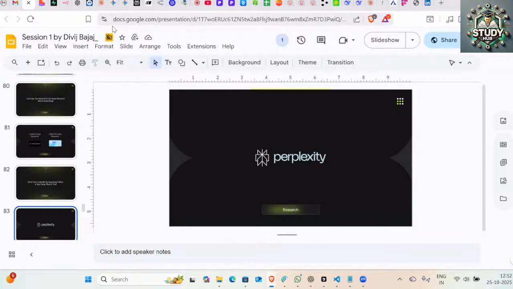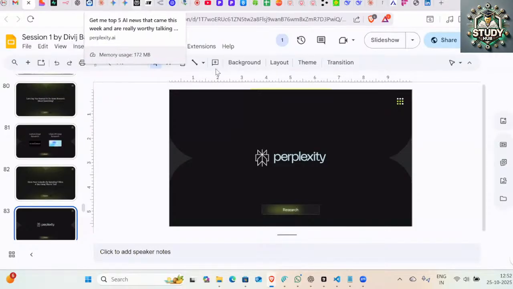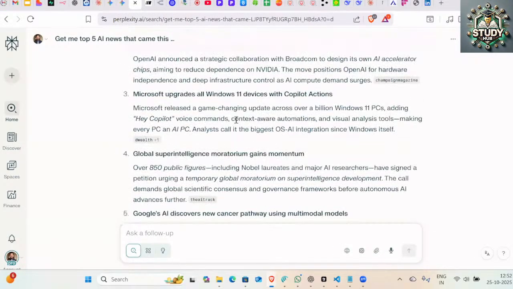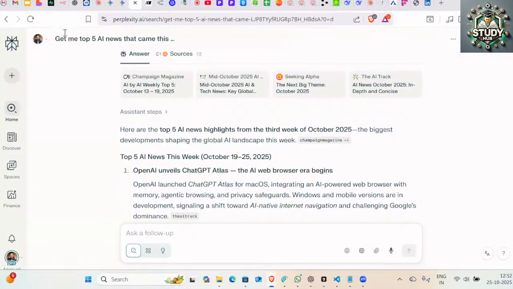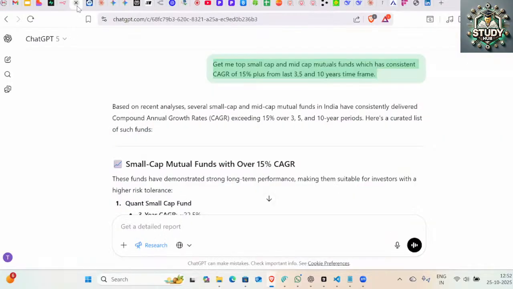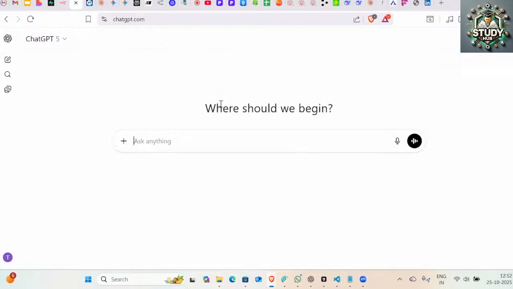Again, doing a deep research versus Perplexity research, that's a major difference because of the resources it refers to. These are quite authentic ones. I generally don't prefer the resources of ChatGPT. The reason is it refers to Reddit and Wikipedia, which are not authentic in most of the use cases.